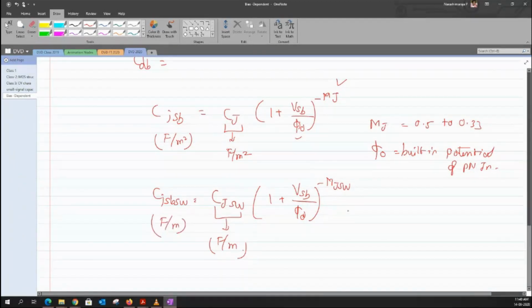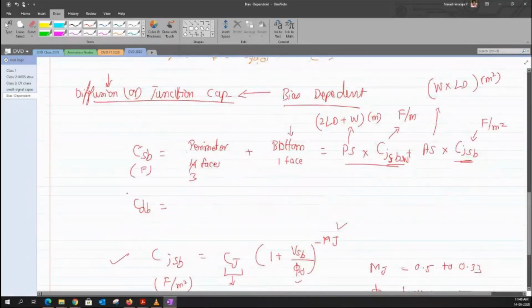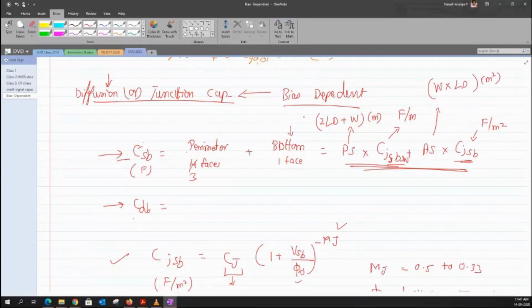So one thing that you need to remember is this set of formulas for the diffusion or the junction capacitance, and how to arrive at the appropriate capacitance value based on this expression. Based on this particular expression, you can arrive at the total diffusion capacitance across the source and even across the drain. Clear? And these capacitances are generally bias dependent. Clear? So these are the 3 important points that you need to remember. So with this, we will just complete the discussion of what is known as CV characteristics.